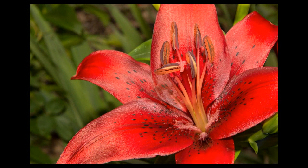Red Lily, 12 points, honorable mention by Denny Farmer. This image is really nice and sharp. It's got a lot of nice color in it. And the lily flower, the background is subdued and sort of out of focus and darker, so it helps bring